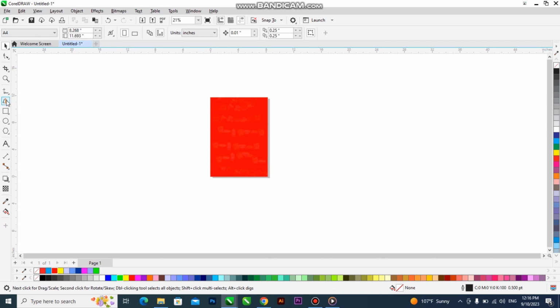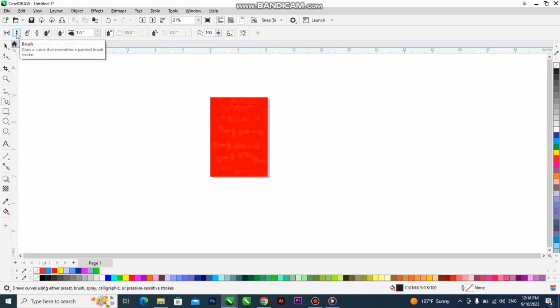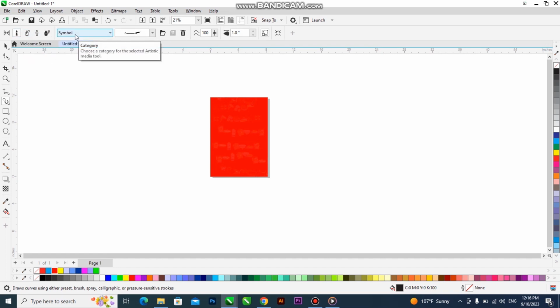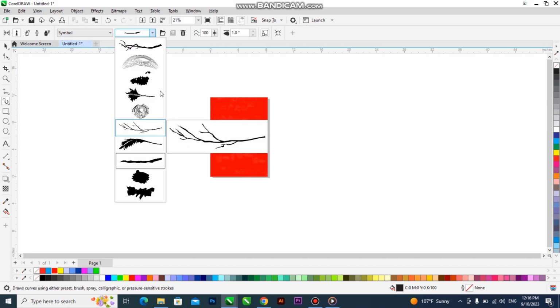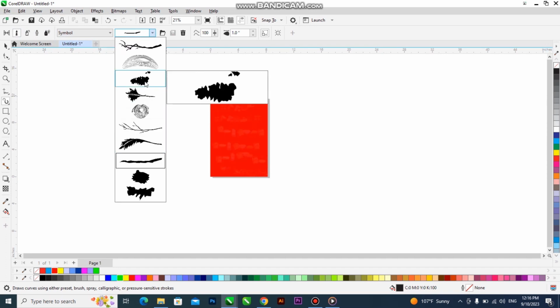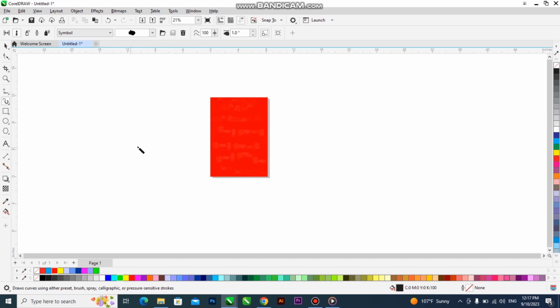So I believe we've learned what Artistic Media is all about, what the Live Sketch is all about, and the Smart Drawing. Of course, inside this Artistic Media, we have a whole lot. Following what we have in our property bar, you know when to apply that of symbol using brush. By default, the category changes to symbol, where you can have different types. All these things you're seeing, you can use them as background. And as time goes on, I will be showing you how to even use this to write